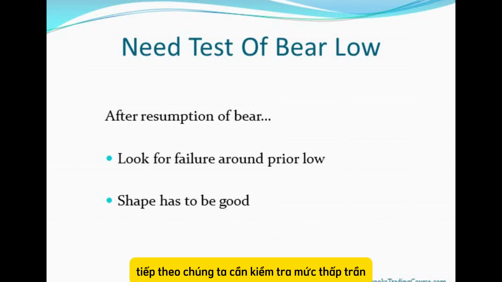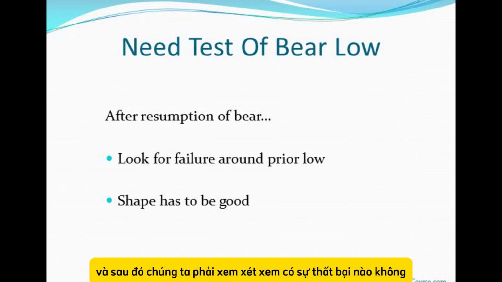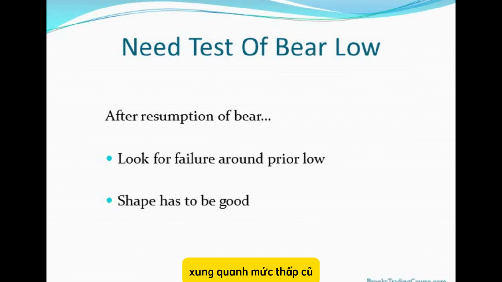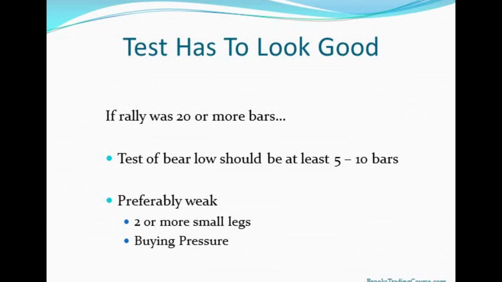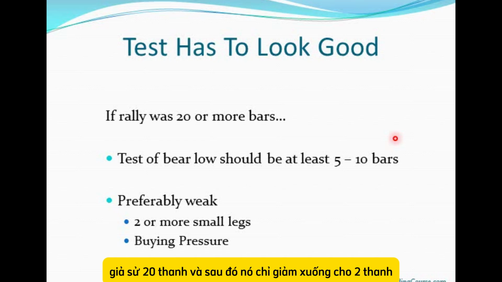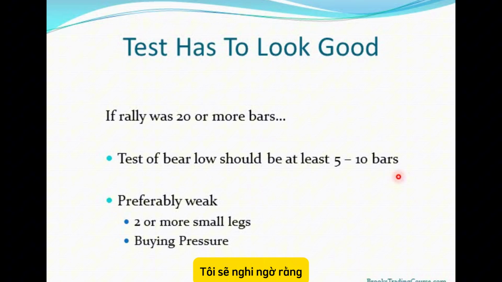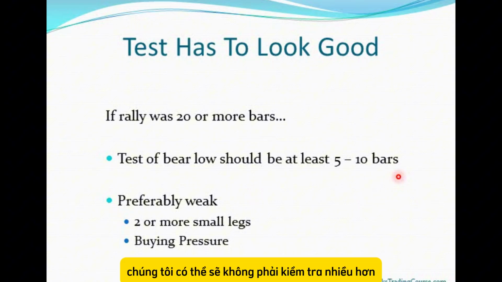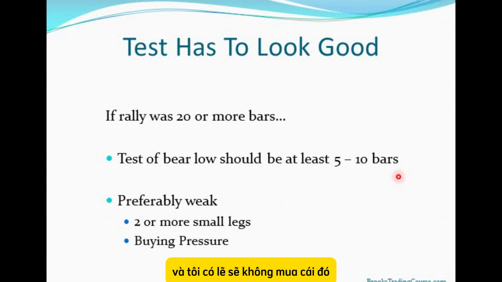Next, we need a test of the bear low. So we need the bear trend to resume, and then we have to look to see if there's a failure around the old low, and you want the shape to be reasonably good. If the rally was 20 or more bars, you want the bear test of the bear low to be 5 or 10 bars. So if that rally goes up for let's say 20 bars, and then it just drops for 2 bars, I would be suspicious that the shape is not good enough. We'll probably have to test down more, and I probably would not buy that test down as a higher low